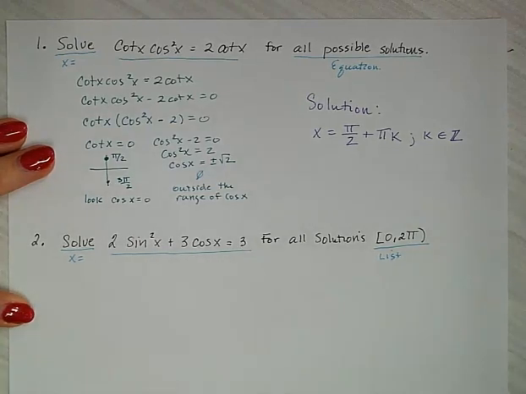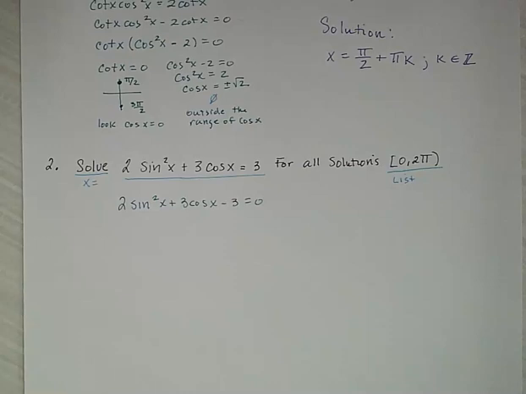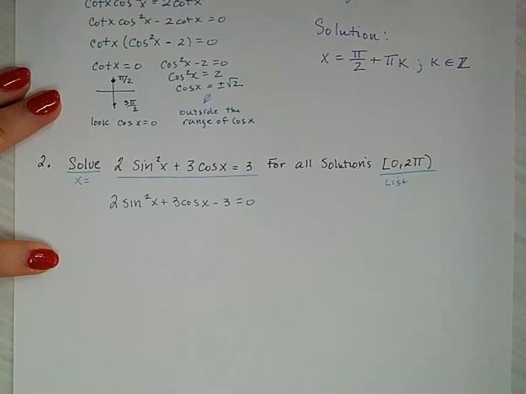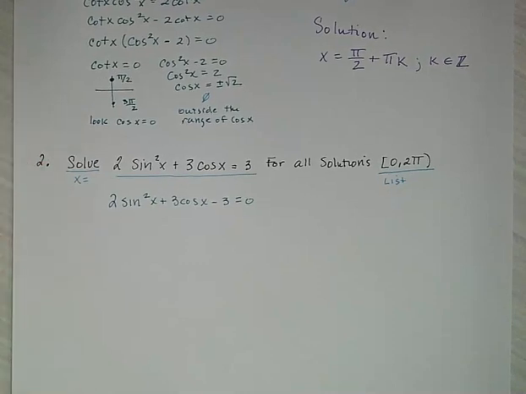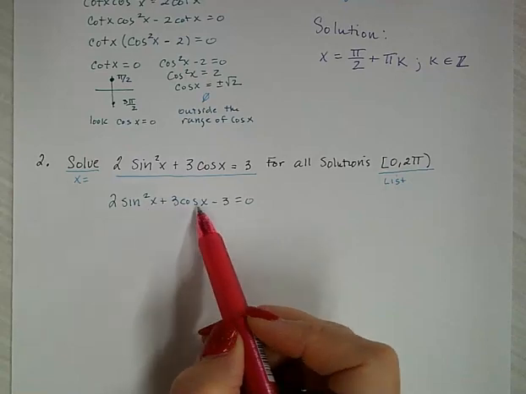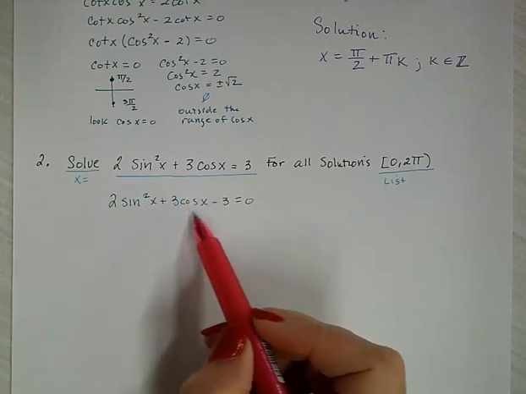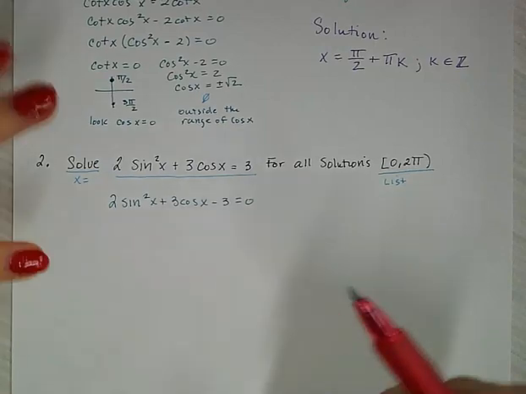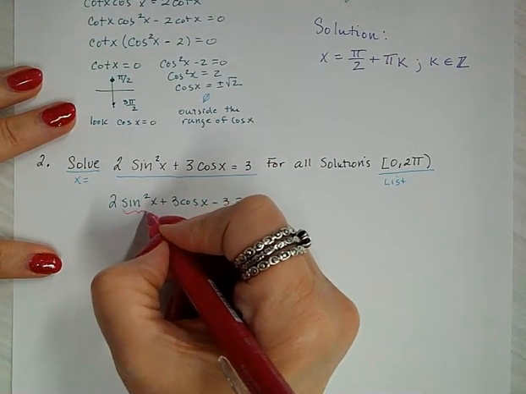All right. So first off, we want to move everything to the same side, and we want this set equal to 0. Once we have this set equal to 0, we should be noticing that we have two different trig functions, so I can't factor or do anything with that. So since there's nothing else, no GCF to take out that's going to separate them, I'm going to use an identity. So if you notice, we have a power of 2, then a power of 1. I don't have an identity that's going to change the power of 1 to a power of 2, but I do have a Pythagorean identity right here